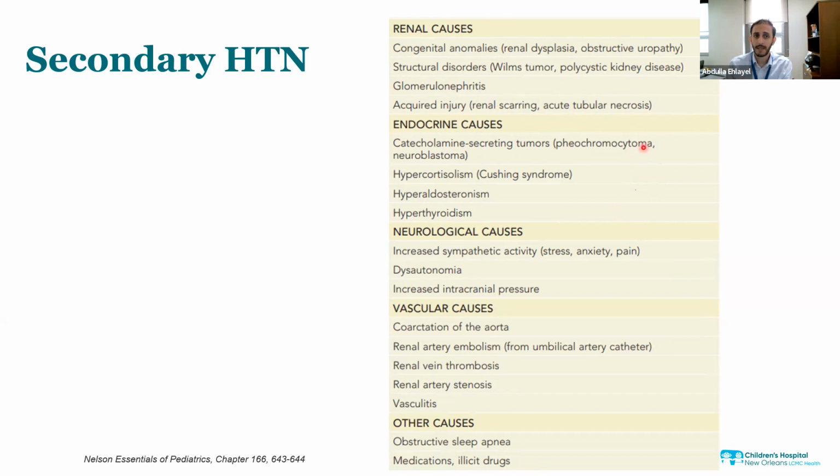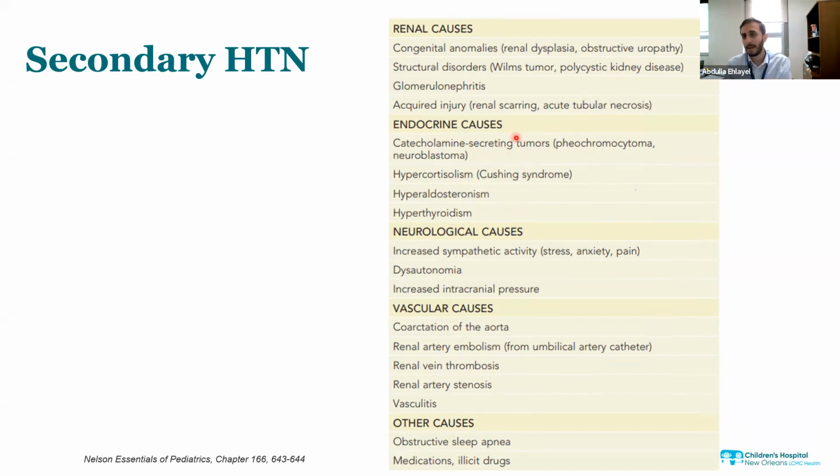Endocrine, also a long list of things that can do this. Thyroid disease is one of them. Here they list only hyperthyroidism, but I want you to know that hyper and hypothyroidism are associated with high blood pressure. So both hyper and hypothyroidism can cause elevated blood pressure. Any condition that leads to increased cortisol, like hyperaldosteronism, hypercortisolism, lead to that. So whether they're taking medications or they have an underlying medical condition that can lead to hypertension.